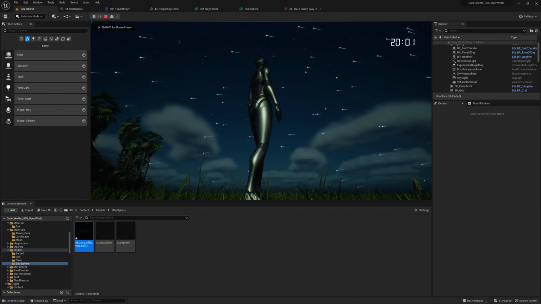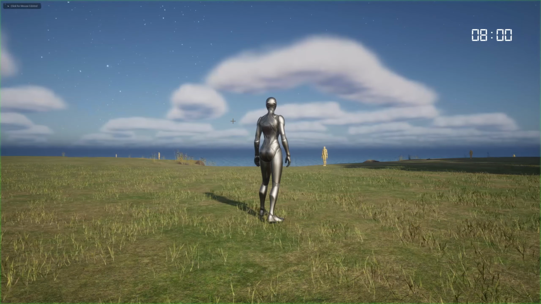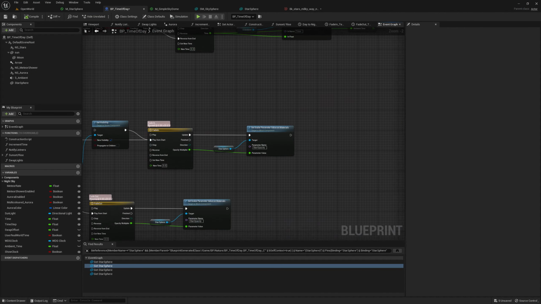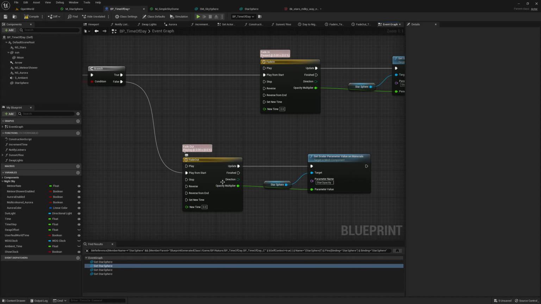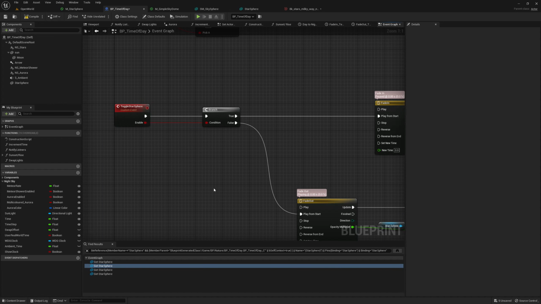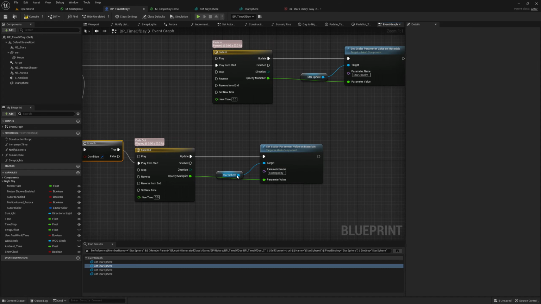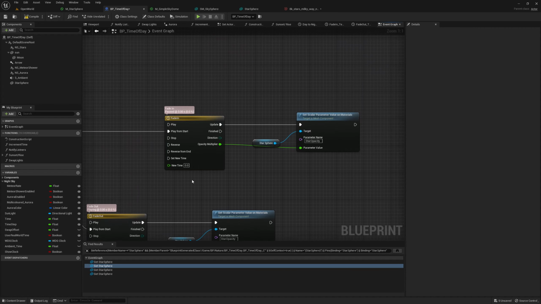But once I play, the stars will smoothly appear, which is fine for the nighttime. For the daytime, they smoothly disappear. They do. How to prevent that? Right. So in this branch, we will be changing from 1 to 0. So here we can have a branch and check, do we have a way to access this parameter? No. Okay, so then here in the construction script,